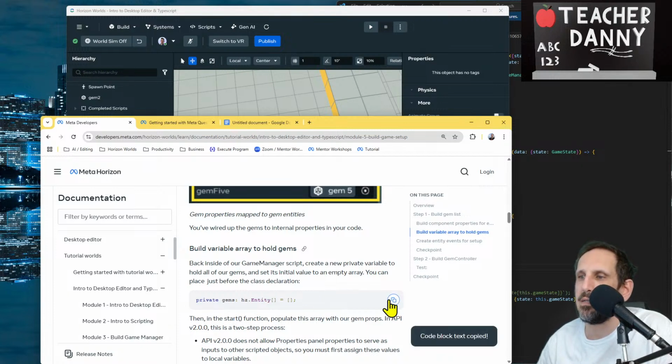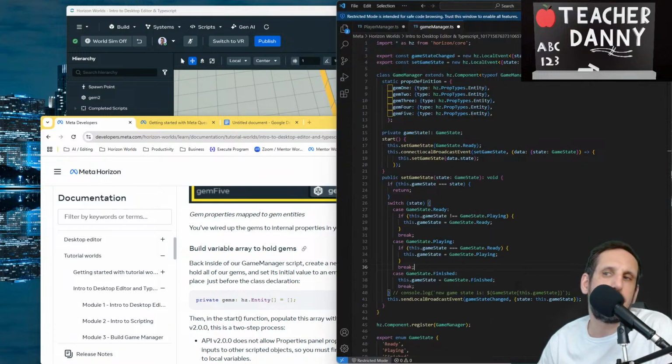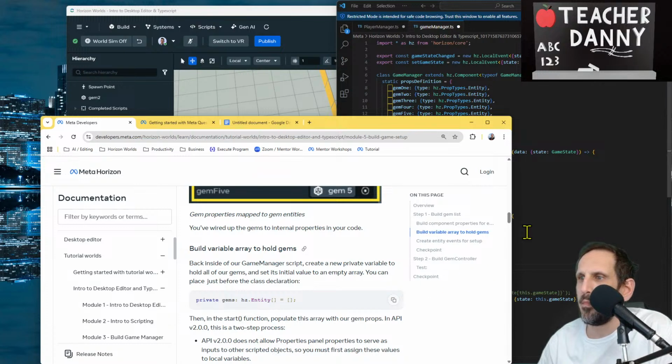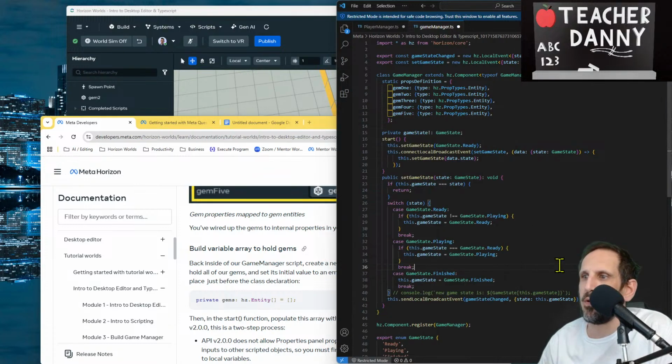Okay, so let's copy this. This is going to be a private variable to hold all of our gems, and we're going to set its initial value to an empty array. Just before the class declaration. Oh, man. So is this the class declaration,